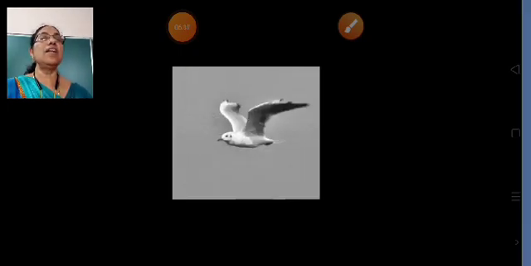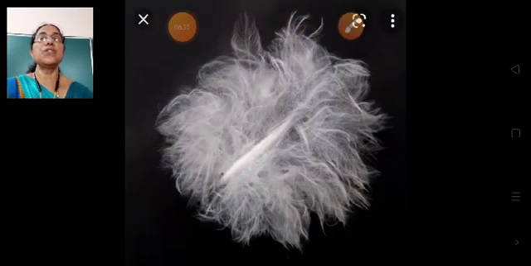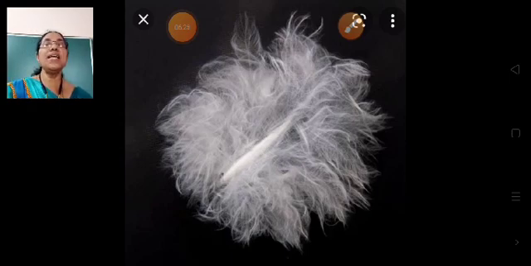Now let's learn about the feathers of birds. Students, a bird's body is covered with small and fluffy feathers to keep its body warm, as shown on the screen.